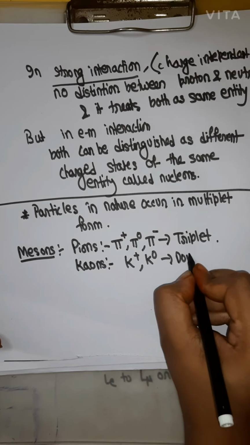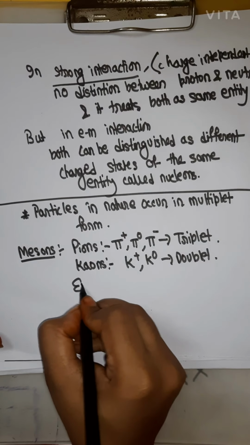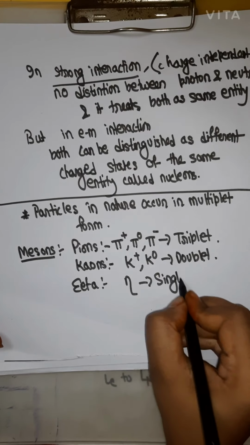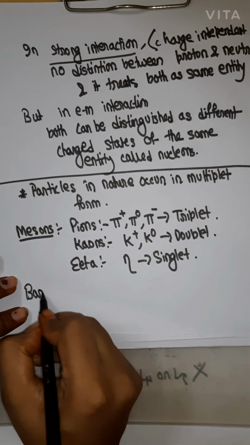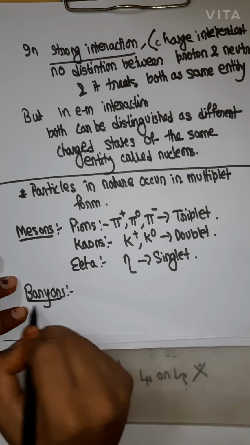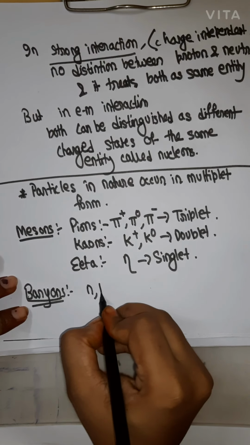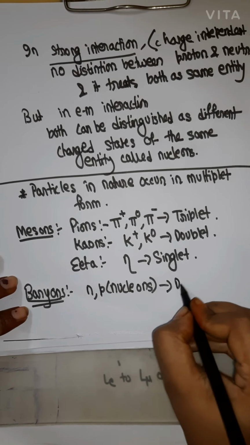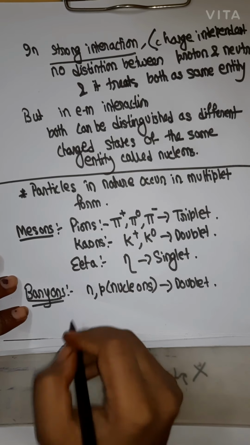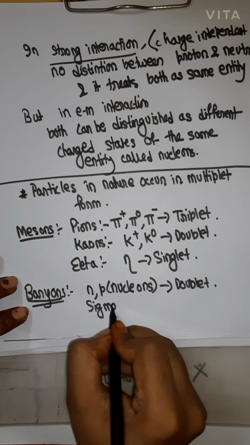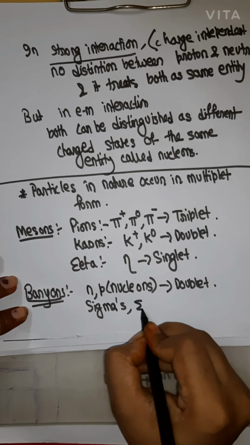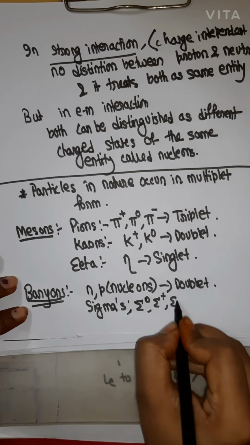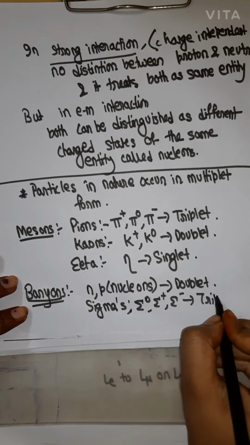This is doublet. Then we have eta, which is singlet. Then we have baryons. Here we have nucleons, doublet, sigmas, sigma 0, sigma plus, sigma minus, triplet,